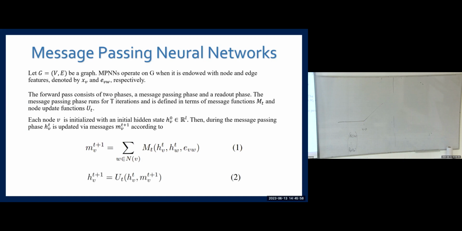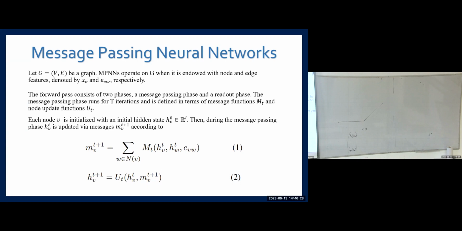Equation 1 describes the messages. For each node v, we aggregate all of the messages coming from neighboring nodes. These are the neighbors of the node. And then we apply some message function to both the hidden state of the receiving node v and to the neighboring node w. And we also pass some edge information. In our case, it's going to be